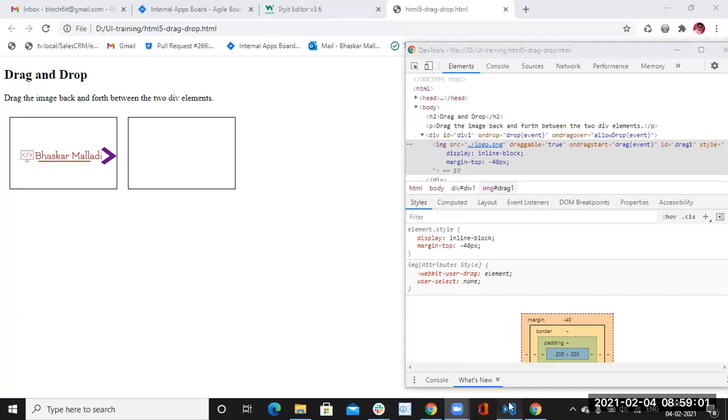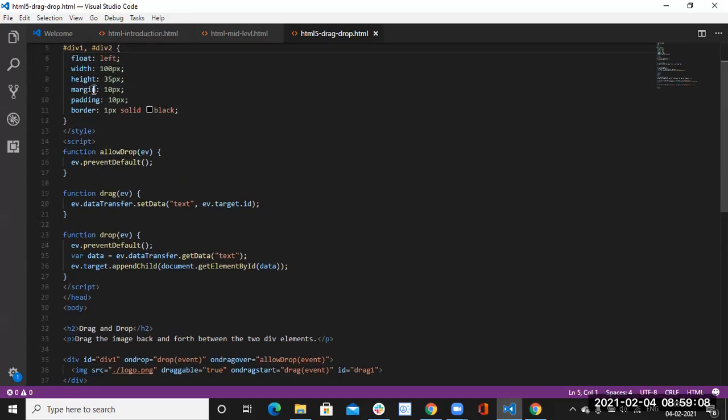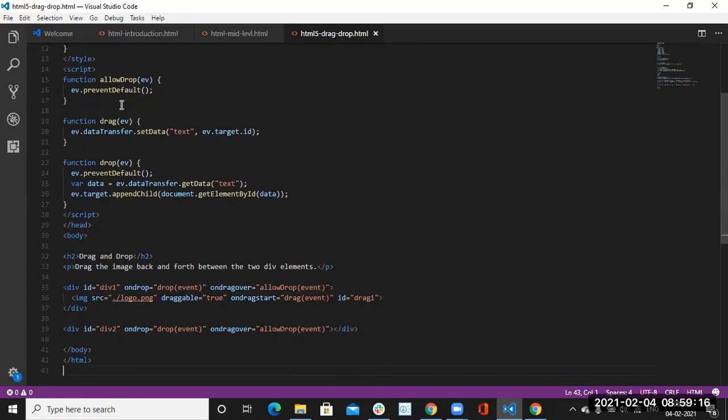So this is the code actually. See, these are the JavaScript and CSS. This drag and drop requires some CSS code as well as script, meaning JavaScript code. This much HTML code only is there.